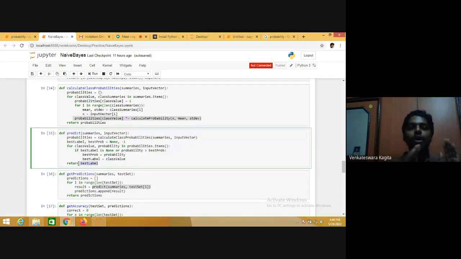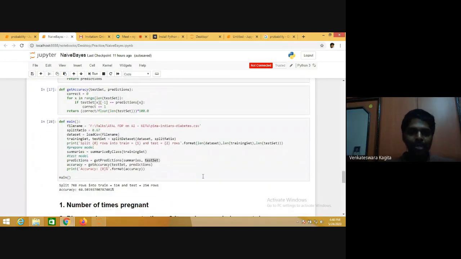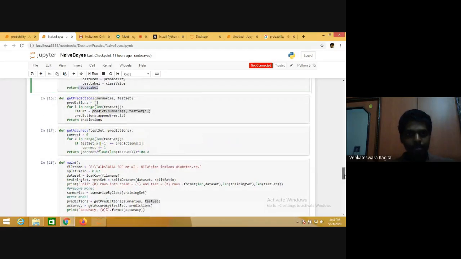Once you get the probabilities of individual classes, you compute which is the highest probable class and return that label. If class label 1 has the highest probability, return label 1. If 0 has the highest probability, return 0. So this completes predict. Once you complete predict, go back to this, and you got the results.